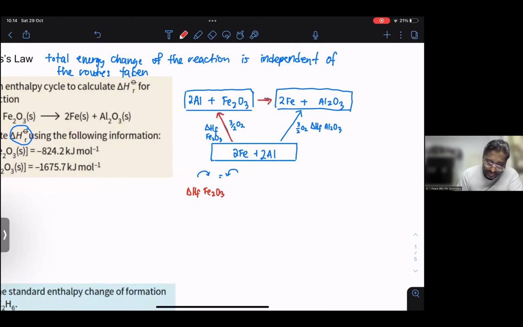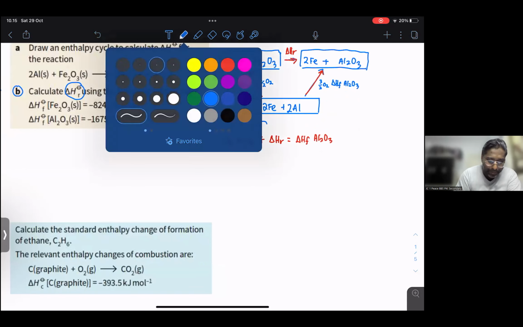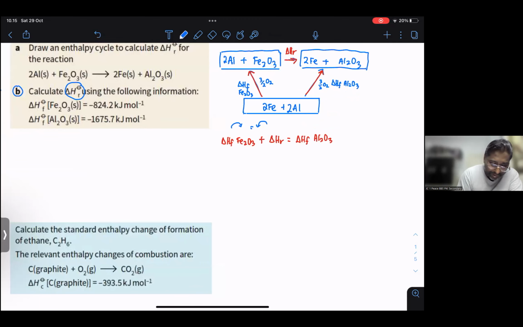It is going to be added with the enthalpy change of the reaction. The enthalpy change of the reaction equals the enthalpy change of formation of Al2O3. If you cannot see, here, if I want to put them in, you just need to use the value negative 824.2. You add with delta HR equals the enthalpy of formation of aluminum oxide, which is negative